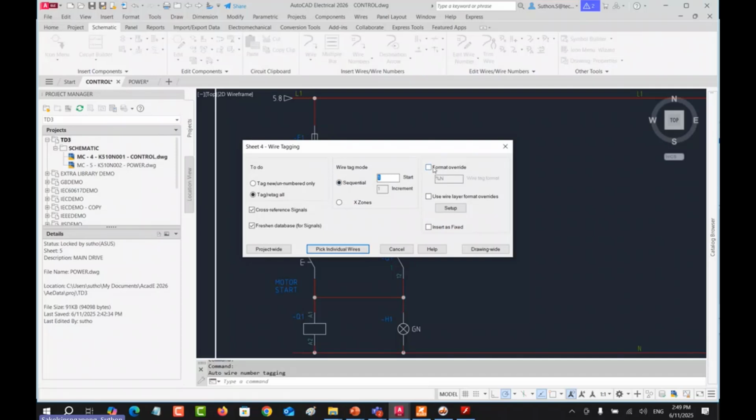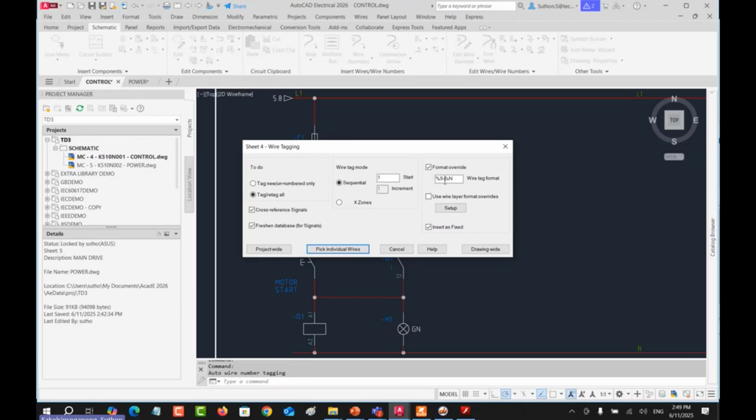This one I will use. Maybe I want to use the sheet number to pack with my wire number. I use the format override, and I will use %s point or %s slash anything. I can use the separator as anything.